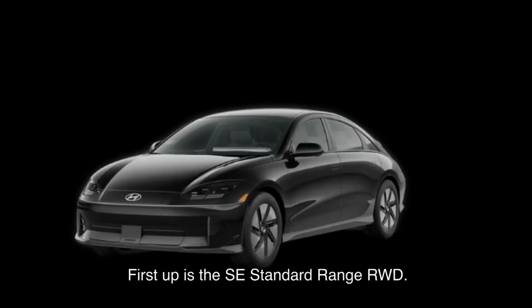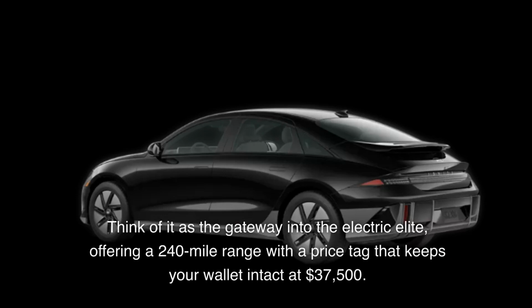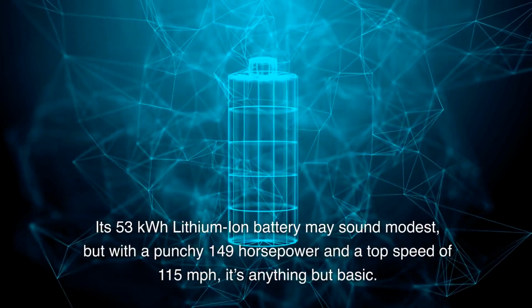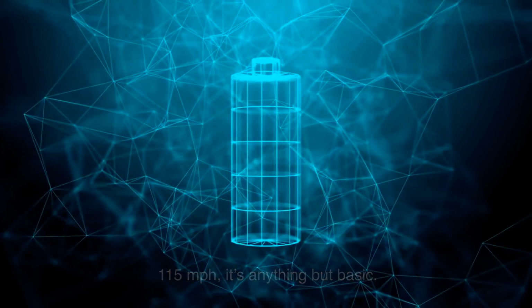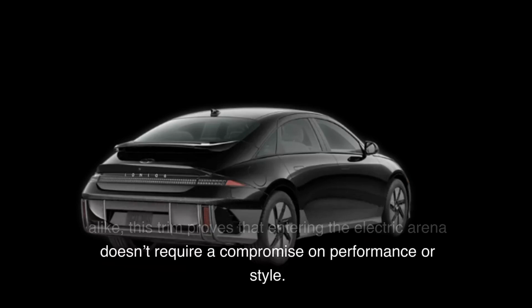First up is the SE Standard Range AWD. Think of it as the gateway into the electric elite, offering a 240-mile range with a price tag that keeps your wallet intact at $37,500. Its 53 kilowatt-hours lithium-ion battery may sound modest, but with a punchy 149 horsepower and a top speed of 115 miles per hour, it's anything but basic. Perfect for city slickers and suburban commuters alike, this trim proves that entering the electric arena doesn't require a compromise